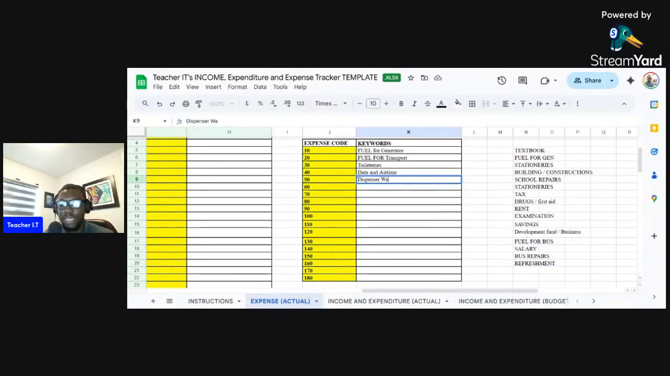So let's take from the list of what I have here. I have stationaries. These are consistent things schools spend money on. Stationaries. We have spend money on tax. You know, when we pay our taxes. We spend money on repairs, school repairs. We put that as code 80. We spend money on examination